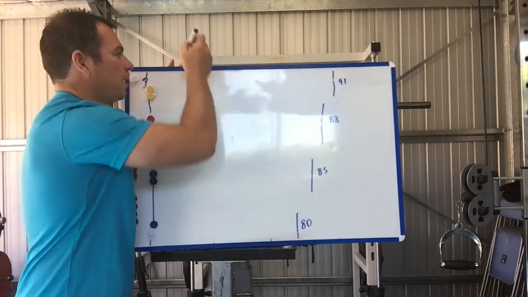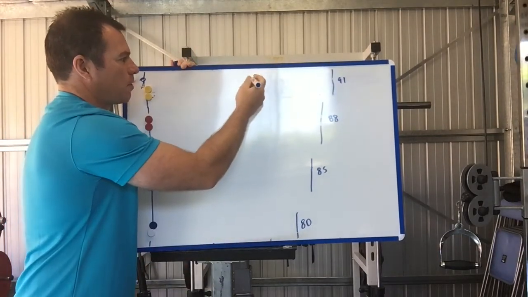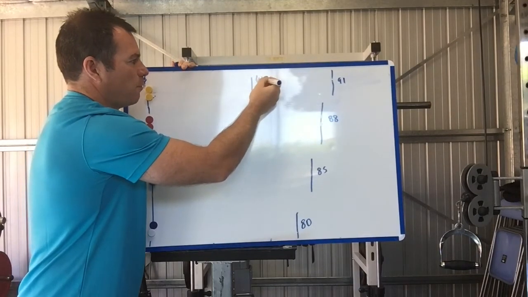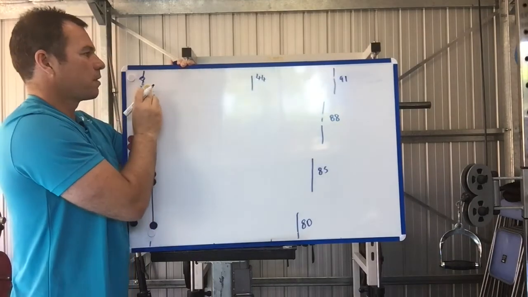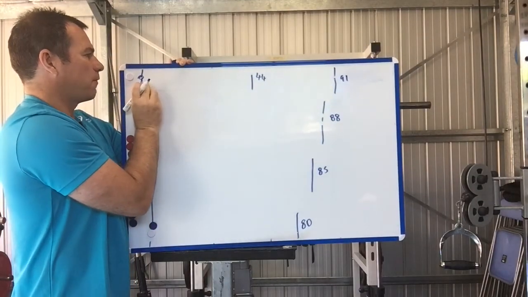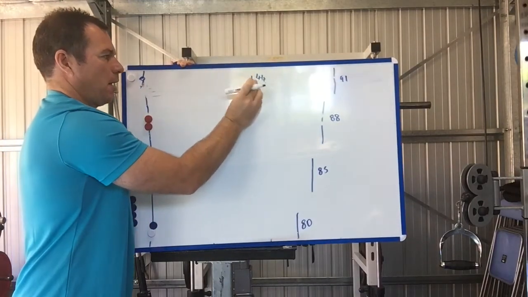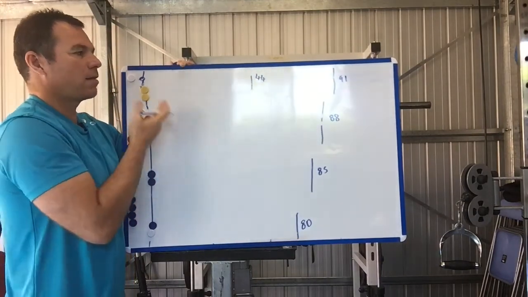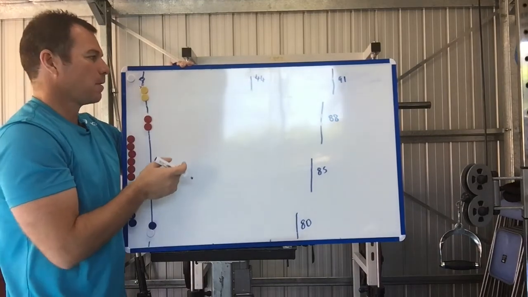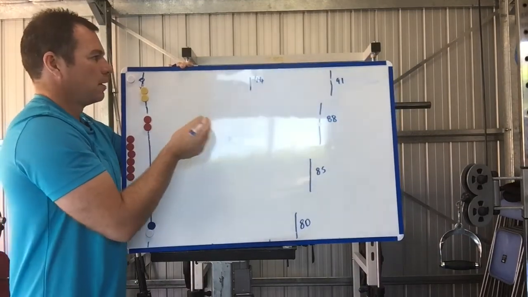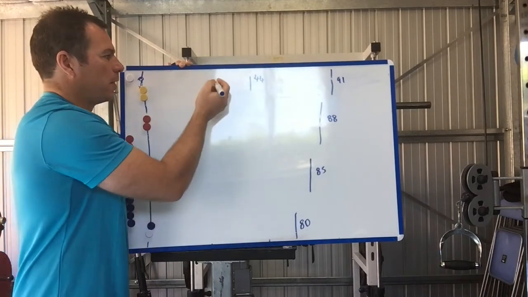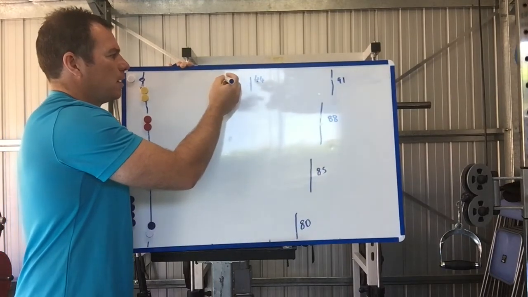Now let's say you were looking at the shuttle, and we'll just use the top here as a demonstration, and they had to reach 44 meters for their shuttle. So in 20 seconds they've got to go from here, up and back, in 20 seconds having 10 seconds rest on the coach's command. Now you've done that interval for how many sets and reps you feel is important, and then you've come down to